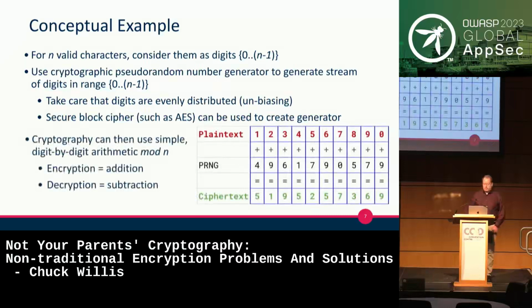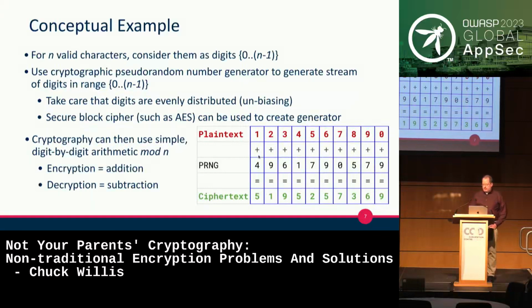In this case, we're just going to take simple arithmetic modulo n, which is 9. For every digit here, you can see we're doing this encryption up and down. The plaintext was 1, our PRNG spit out a 4, and so we add those together, we get 5. 2 plus 9 gives you 1 when you're going modulo 9, and so on and so forth. I should say modulo 10 actually, sorry. So the idea here is that we're getting this, and it's completely reversible.